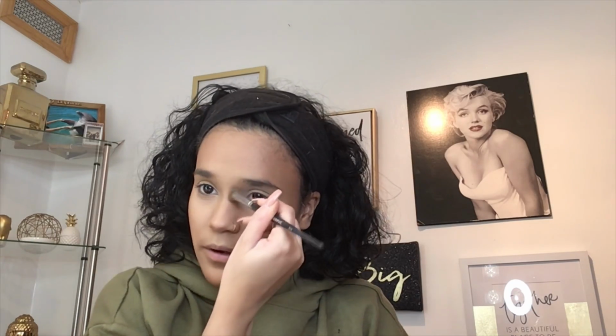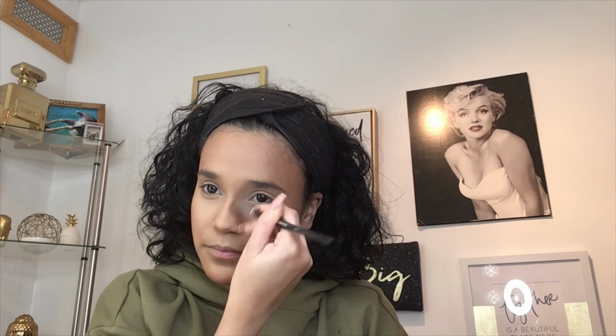Now we're gonna put some on the bottom of our nose. And then I like connecting it from my eyebrow, going down, so it all looks seamless. See, look, gosh! Cute or whatever. We are going to bronze up our face, and we are going to use, this is a limited edition, so I don't think they sell it anymore. It's the Jaclyn Hill and Becca collaboration. I'm gonna just use a little bit of all three, tap,